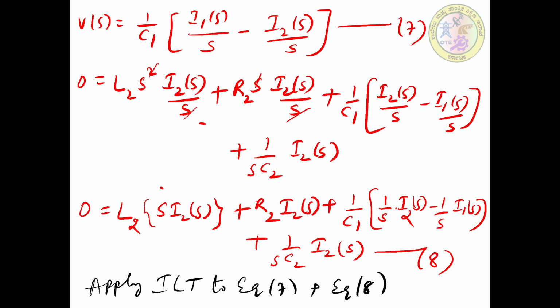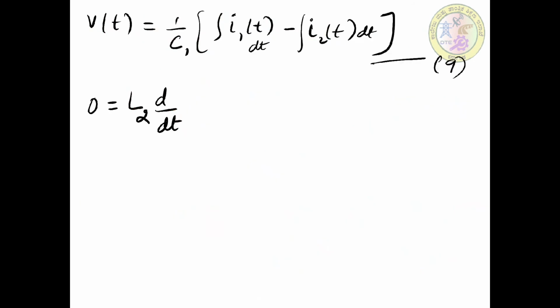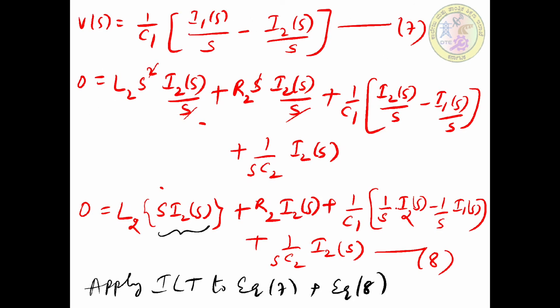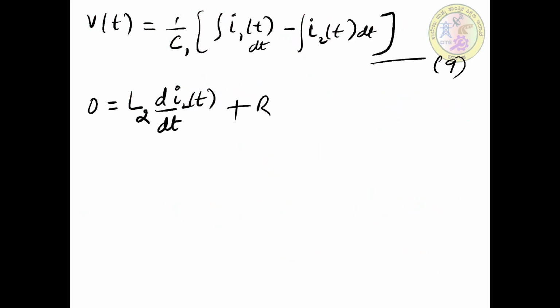Because we have S into I2 of S, so S we have to replace by d by dt. So that's why d by dt of I2 of t current. Plus next we have the resistor R2 into I2, so R2 will be there as it is. For I2 we will write